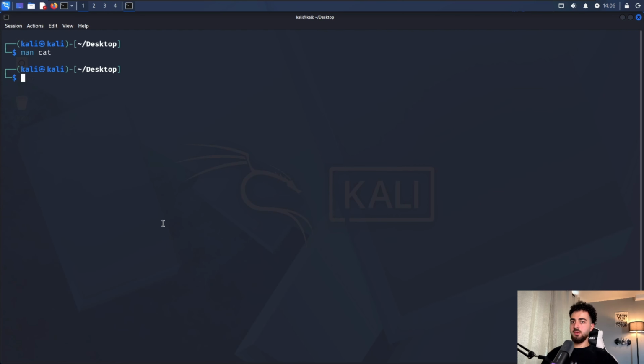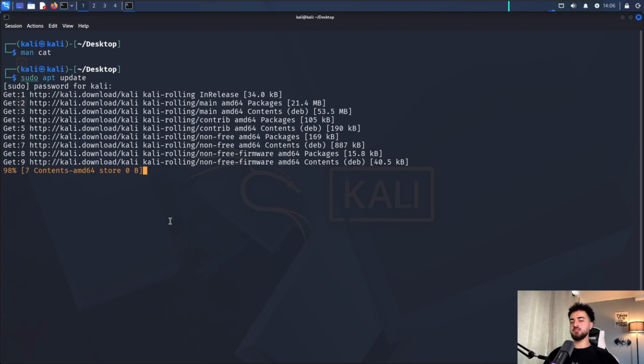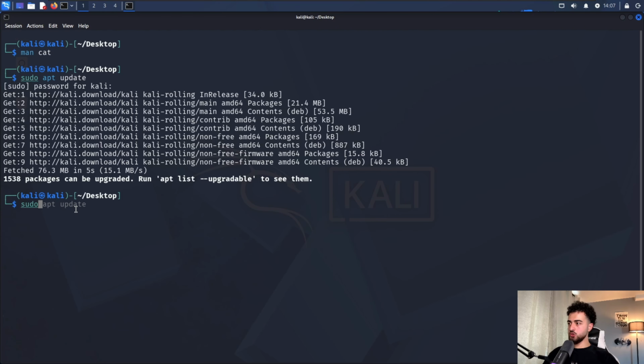So now let's talk about downloading a file or software from the internet. For downloading anything, there's a good habit that you should learn: always try to update your software before downloading anything, because most of the time the file is not going to get downloaded if your software is not up to date. For updating your software, we're just going to use sudo apt update. Whenever you use sudo, it's going to ask for your machine's password as well. Sudo basically runs your command as a root user. We mostly use sudo